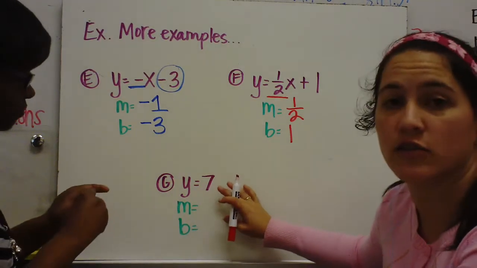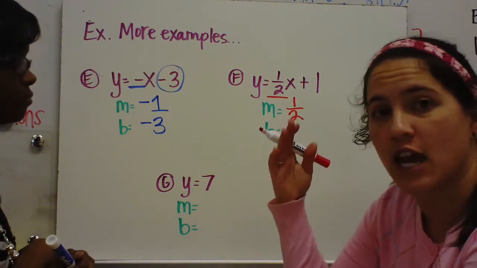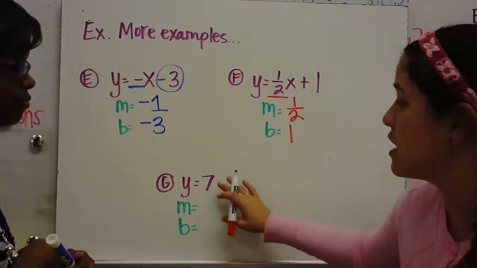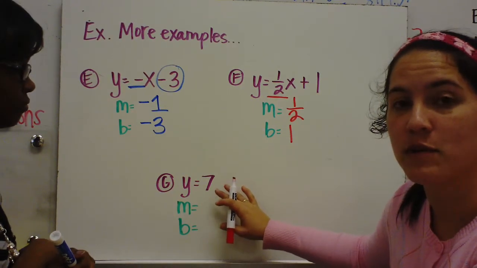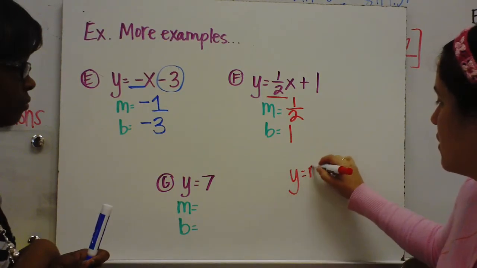Hopefully you've noticed, like you have a red flag. What is missing in example G? And if you're thinking, oh, there's no x, that's exactly right, there is no x. So when you see problems that are missing the x, then those are going to have a very special characteristic. Because